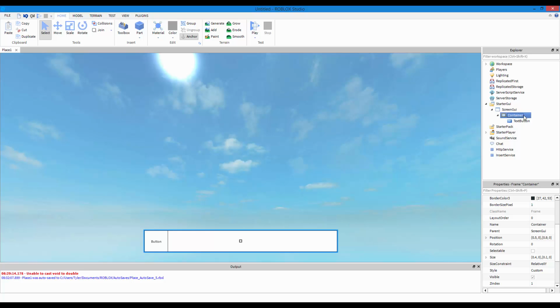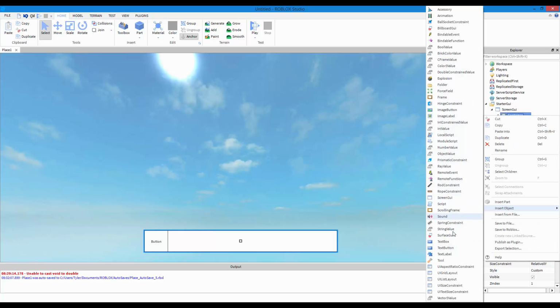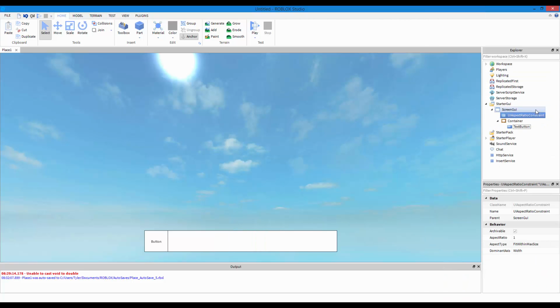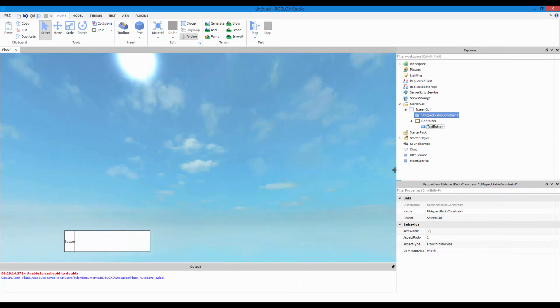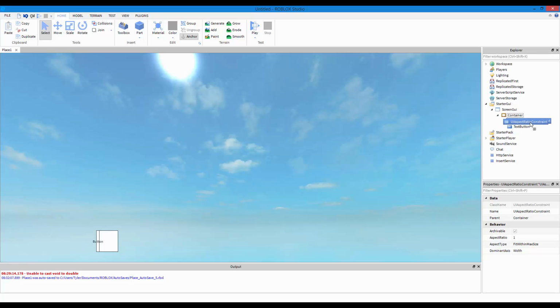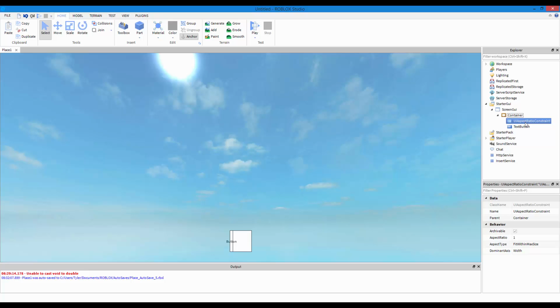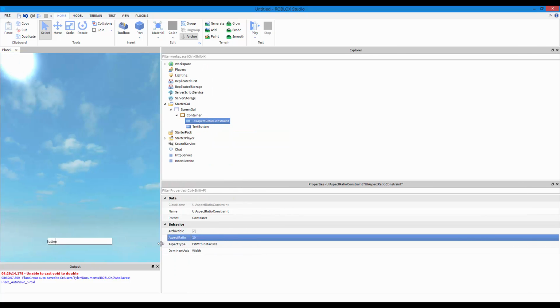Now we can fix this problem right now. Right click on your container and then UI aspect ratio. Actually, why did it resize like that? Okay. Now you put in your container, then you set the aspect ratio to 10, and then you should be good.